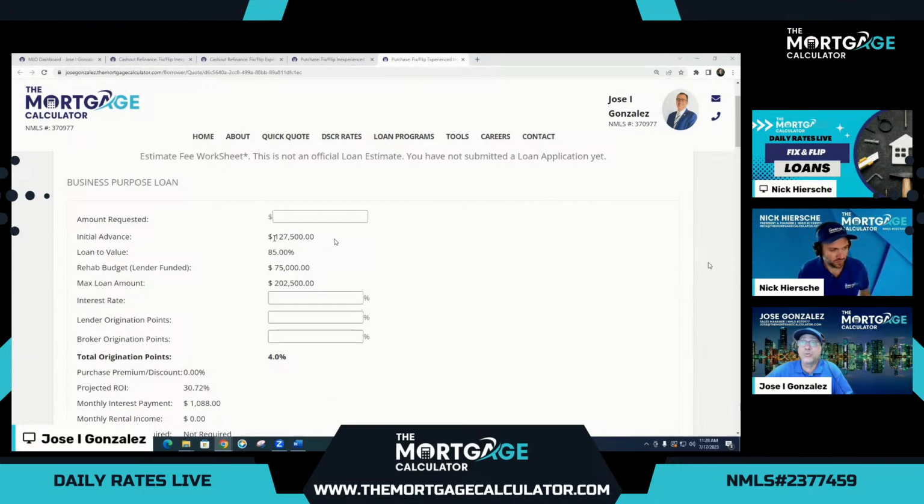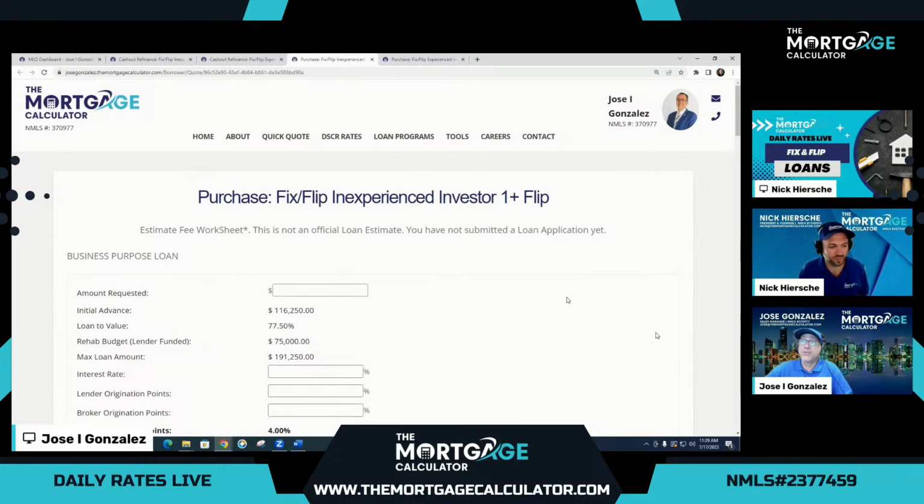127,500 at closing, right? And 2025 max loan amount. So now you see here our inexperienced investor. Now this person does have a great credit score, 800, but they only have one plus flip in the last 3 years. Usually the tier is from 1 to 3, right? So whether it's 1 or 2 or 3, it's going to be the same number. So you will note same $150,000 purchase price, same $75,000 rehab budget, but the difference now here is our maximum loan amount is